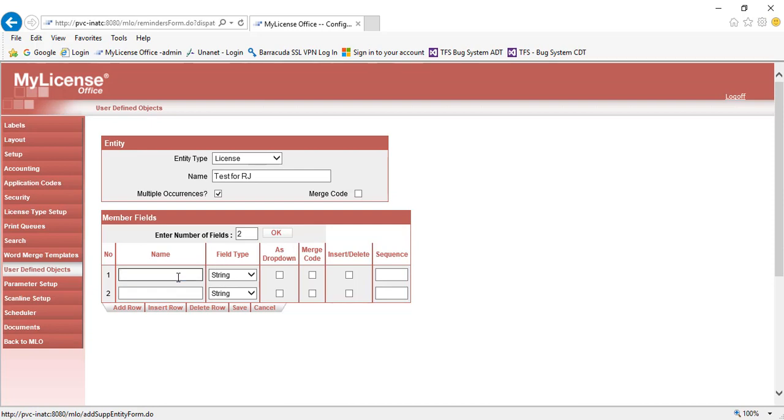So we're going to say test for RJ. We're going to make this a string value, which you can select from the drop down here. And we're going to set the sequence of 1 because I want that to be the first row in my UDO. So we're going to come down here and we're going to do